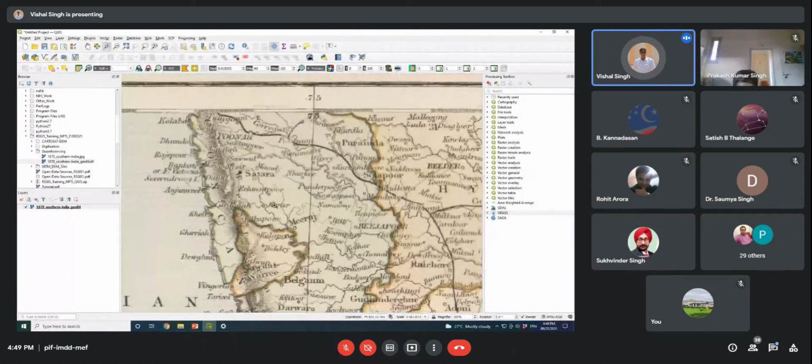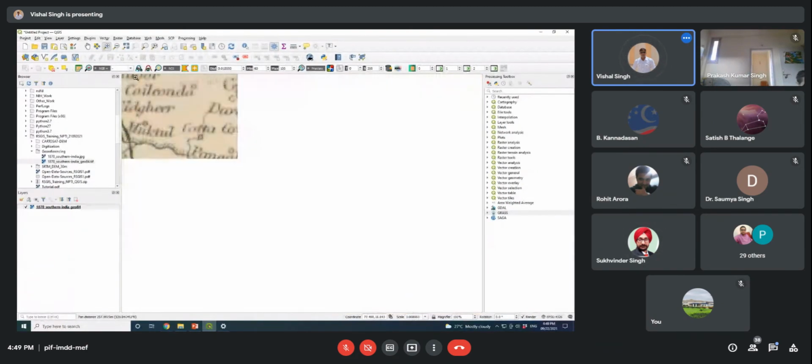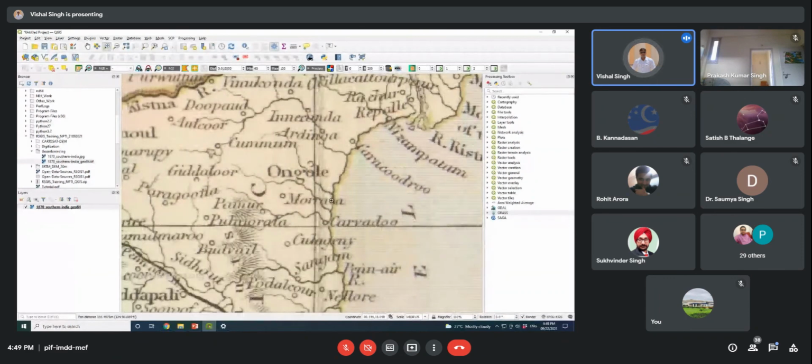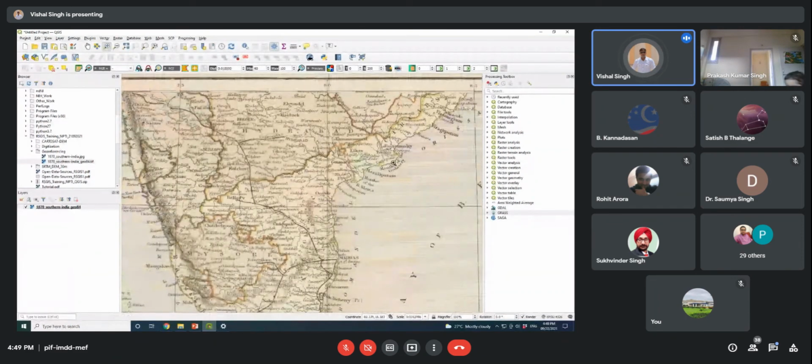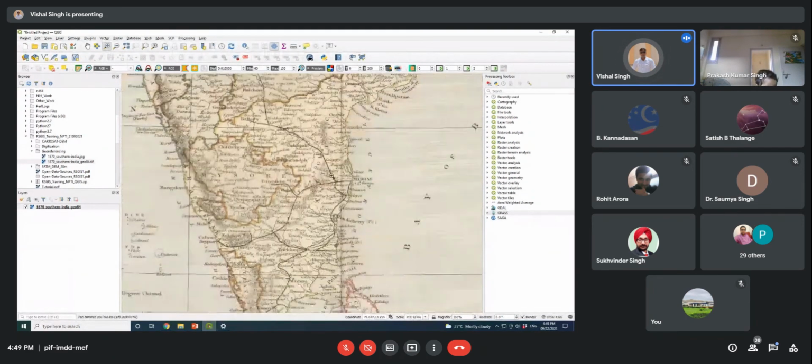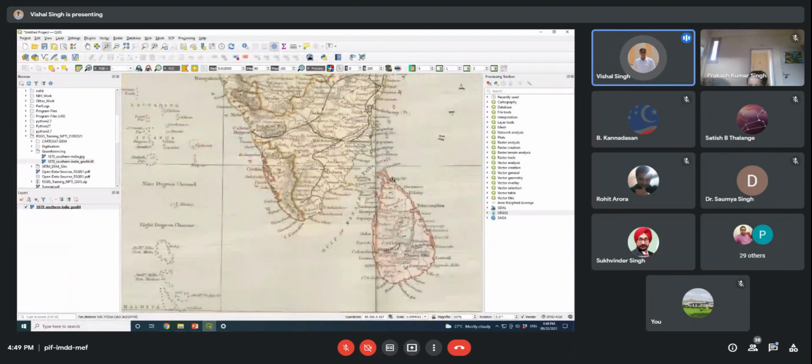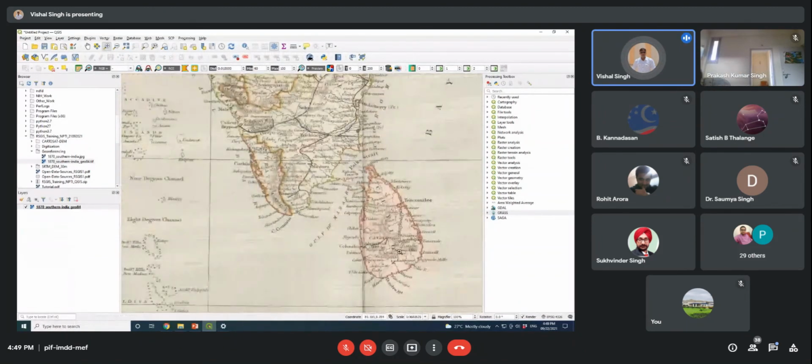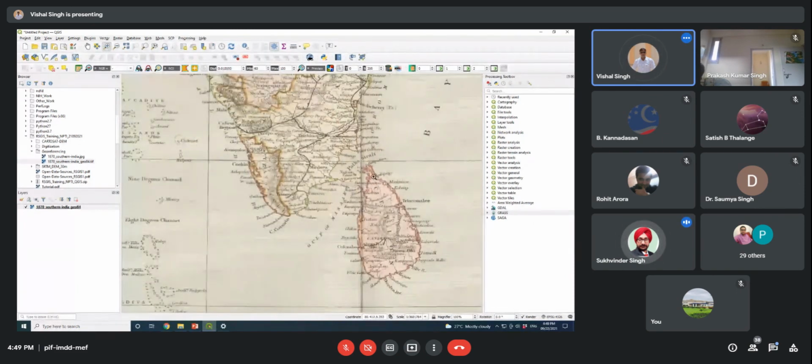Suppose I see this river, this location. You can take the location, or you can identify an identical feature. Like here you can see this is the boundary of Sri Lanka, and this is the point that we can see here. And in a similar way, you can identify the same point in this map.